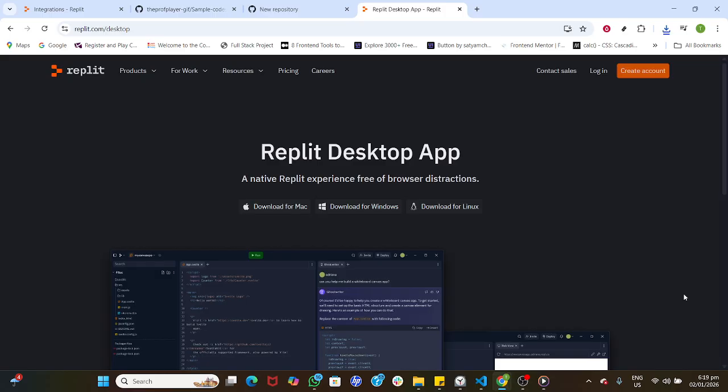That's all there is to it. Go to Google, search for the official Replit desktop app, click through to the Replit site, and then click the download button that matches your laptop, Mac,